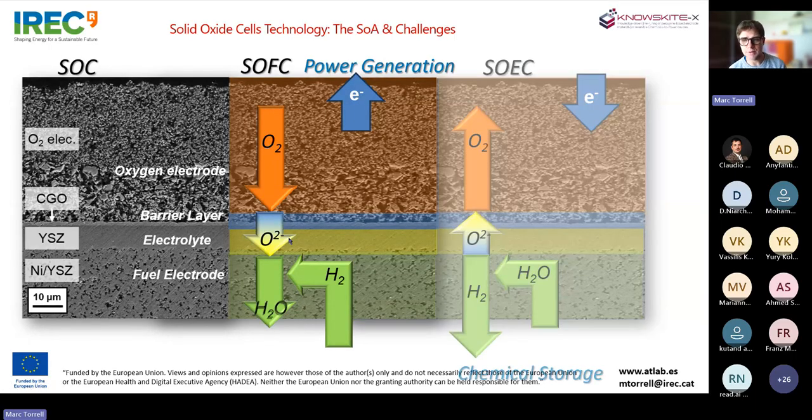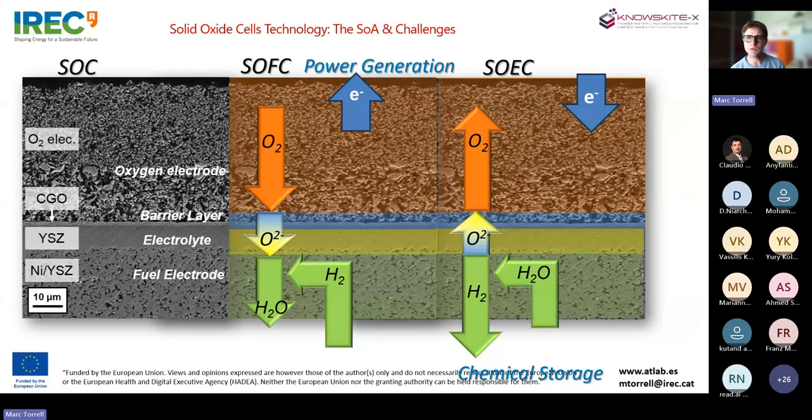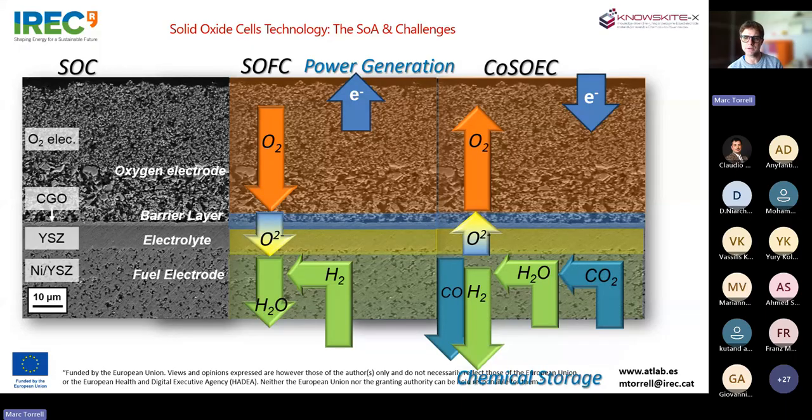In simple words, these devices can also operate in electrolysis mode, in a reverse mode, where we store renewable energy, or any kind of energy, as hydrogen by the reduction of water and the evolution of oxygen. As has also been mentioned, these high temperature electrolyzers based on solid oxide can also work in co-electrolysis mode, where we reduce mixtures of water and CO2 to generate syngas, which is valuable in itself, but also the precursor of the synthetic fuels that we can generate by a catalytic process.